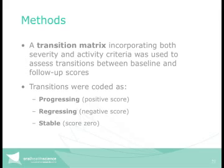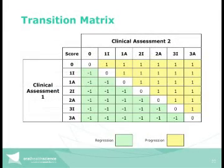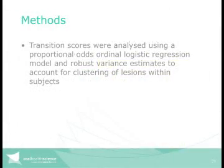And that's an example. We only gave these 3 options. We didn't grade for the amount of change within a particular area. So from 3A to 0 was the same as 1 inactive to 0. We then analysed those transition scores using a proportional odds ordinal logistic regression model, and we also accounted for clustering